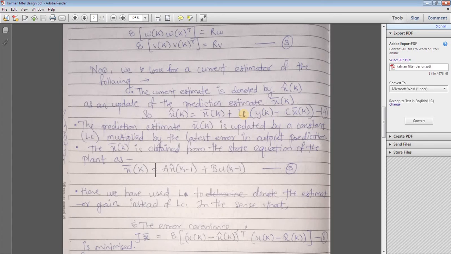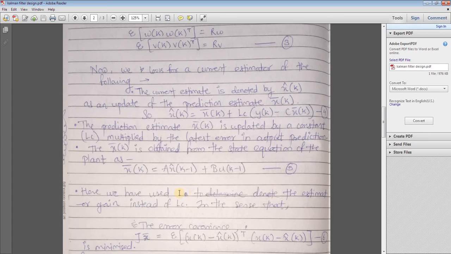So we can also use L to denote the estimator gain instead of this whole LC. Now we are doing this because we would like to choose L as a constant